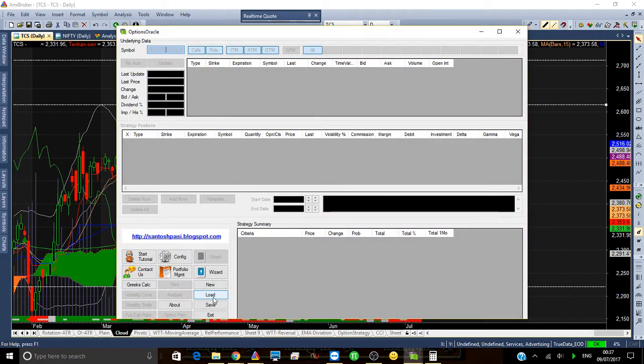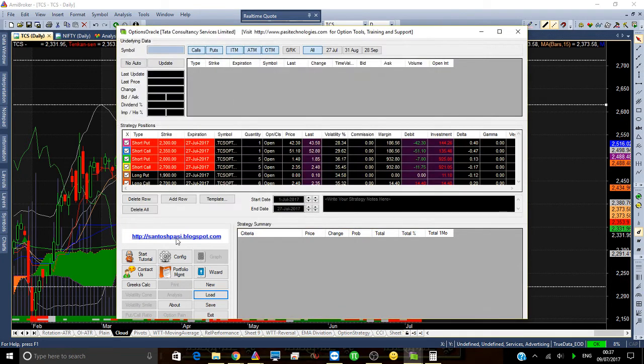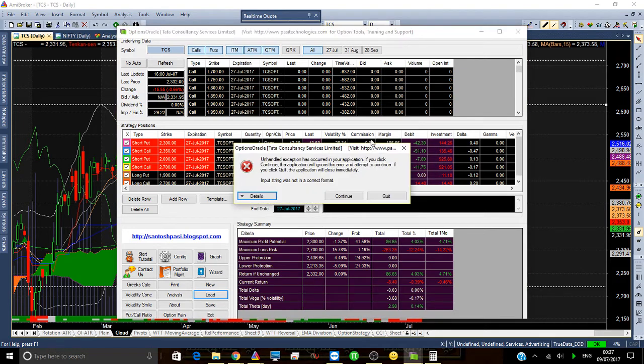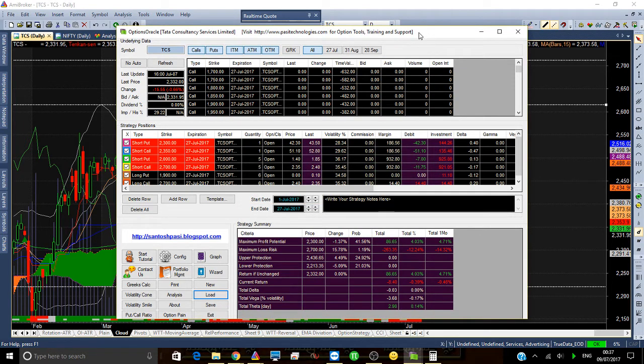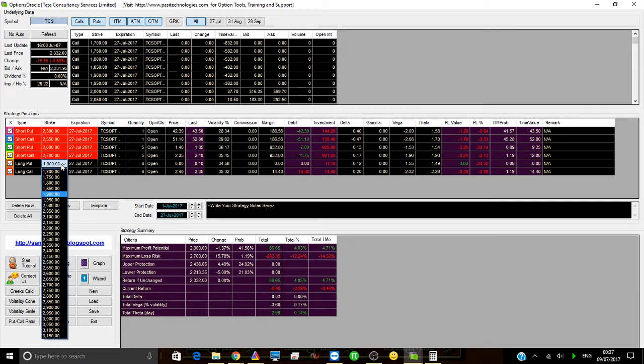Let me open this TCS position. This is the TCS position that we have been working on. Okay, there's probably an issue because 1900 is not getting traded. That was the problem. So I cannot go beyond